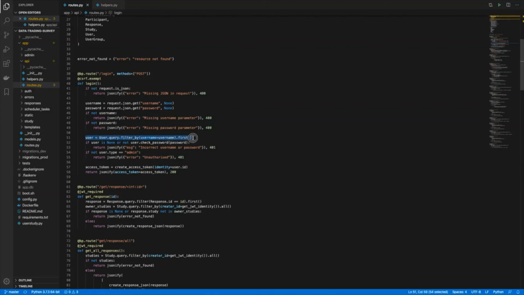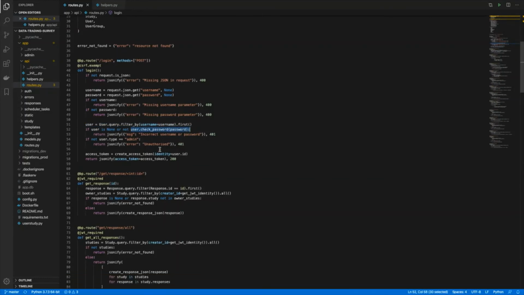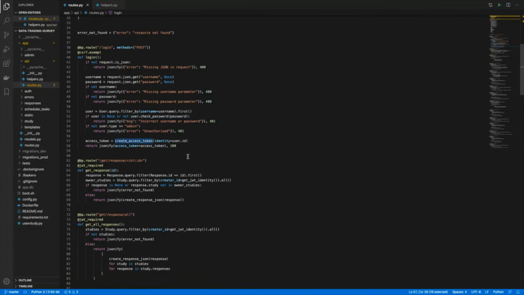The user is obtained from the database, and their password is hashed and compared against the one stored. If this criteria is met, the Flask JWT Extended create access token is called and is provided the user ID as an argument to the method.